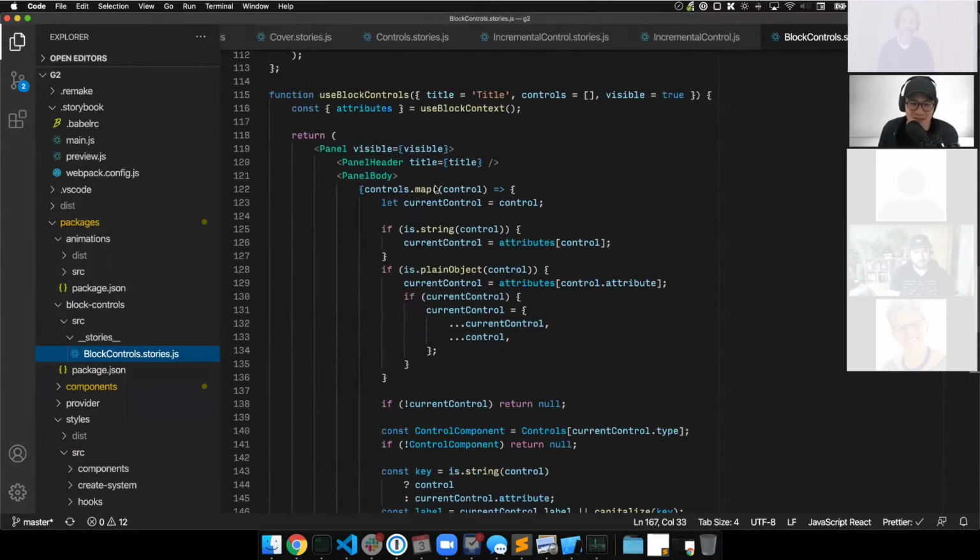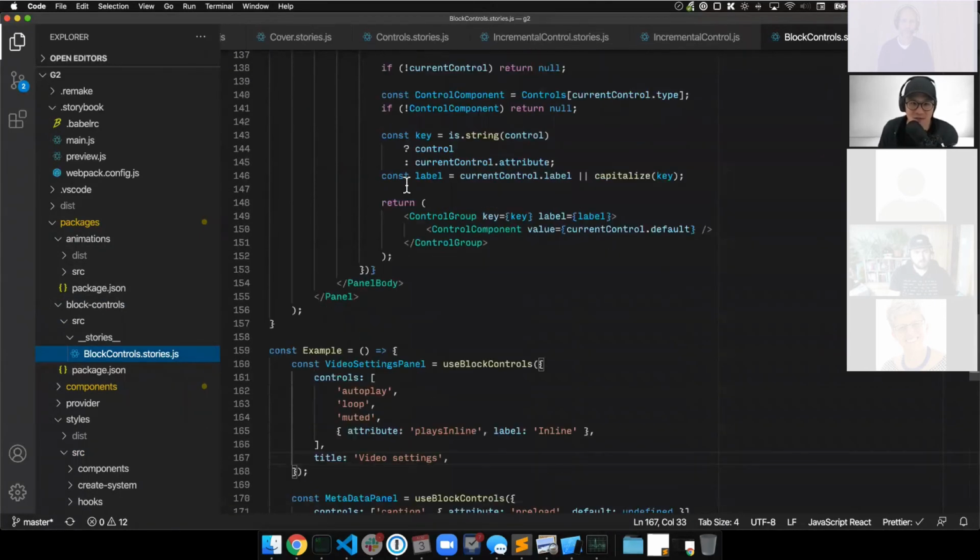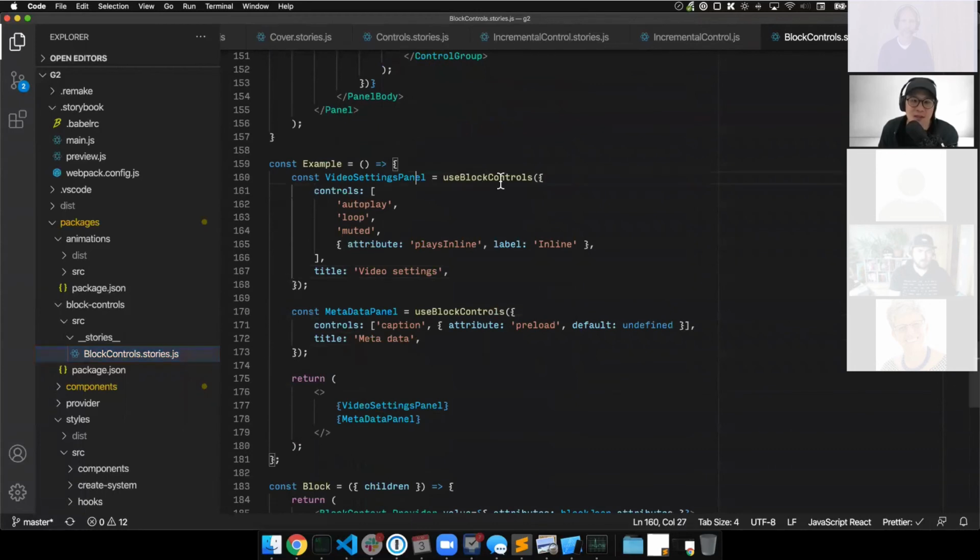Let's say I want to create a video settings panel. I'm going to use the block controls, and I want you to use autoplay, loop, muted, and plays inline. And I'm going to give you a panel title of video settings. And just by doing this,